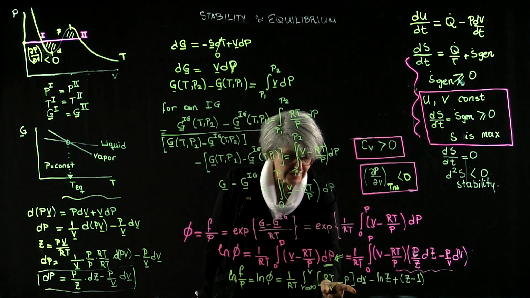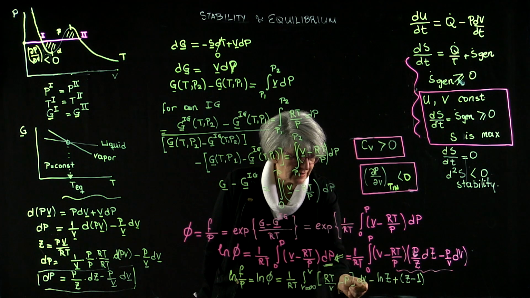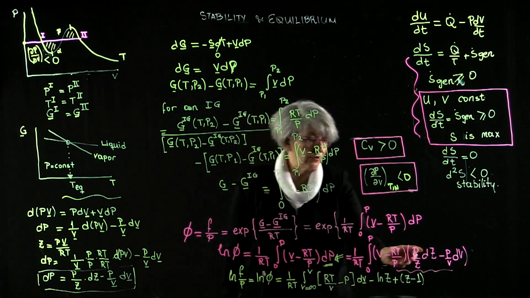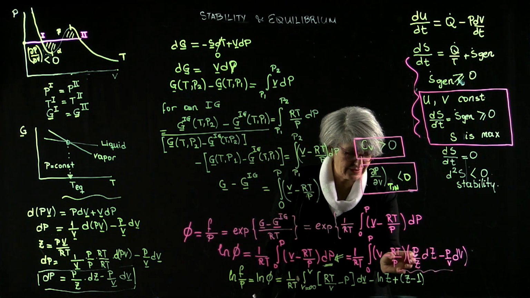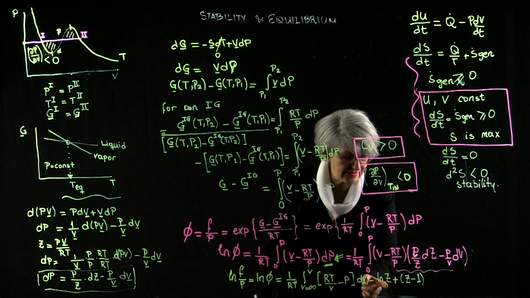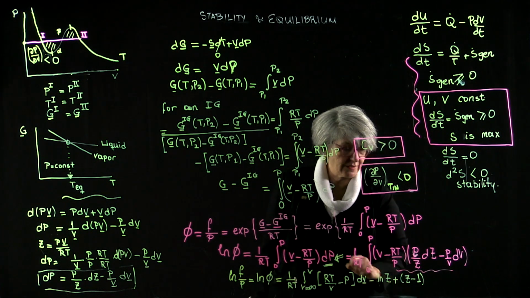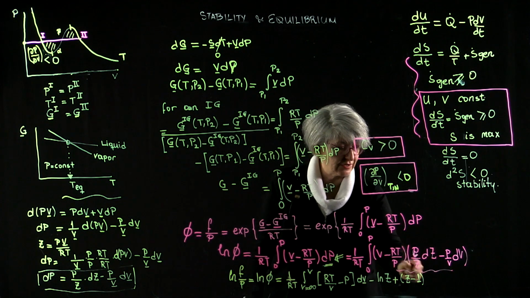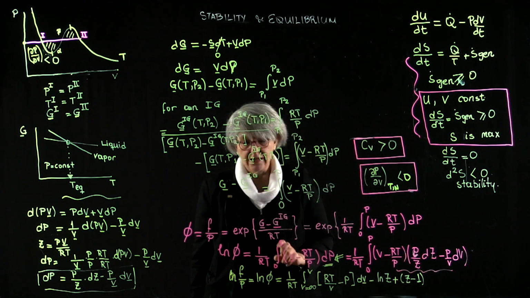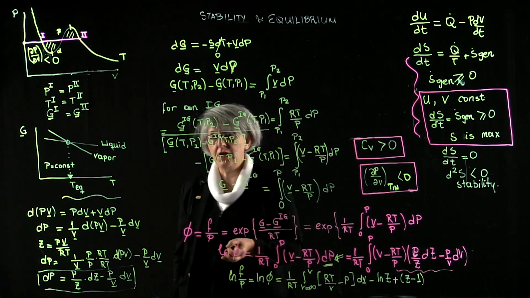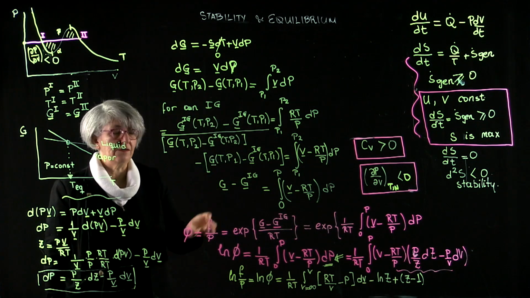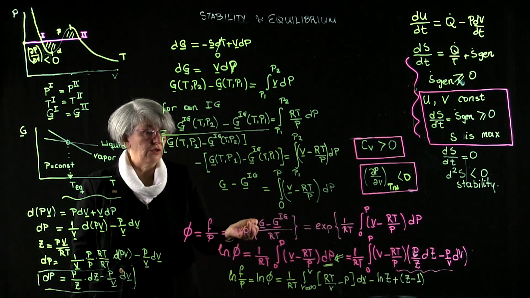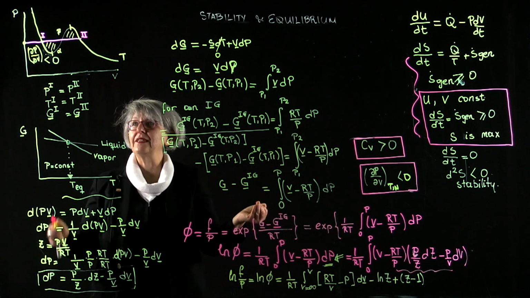Our function is RT over V minus P times dV. And of course, from these factors, we obtained ln z plus z minus 1 after the integration of the z integral. So this is the final expression of the fugacity coefficient, which we will use to estimate the equilibrium